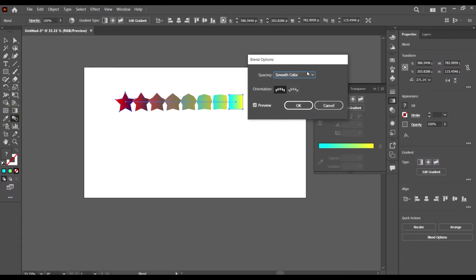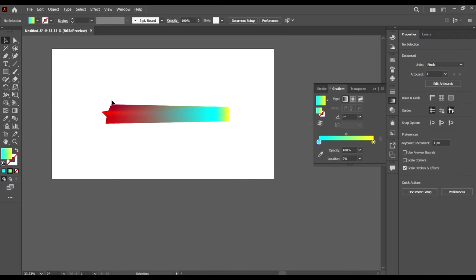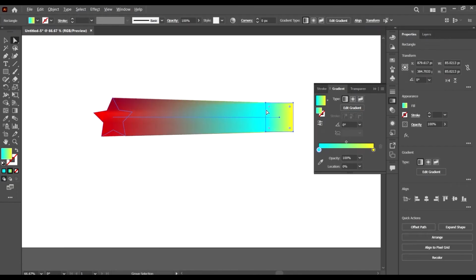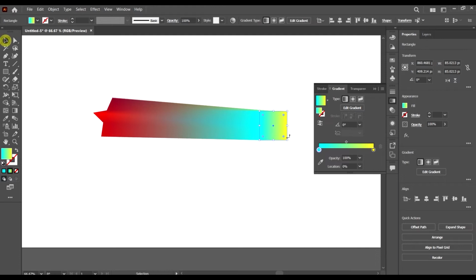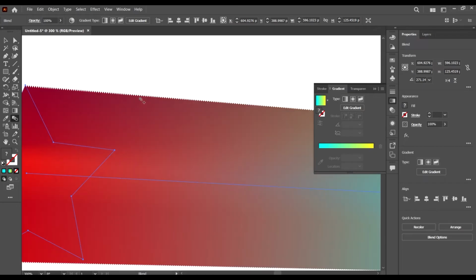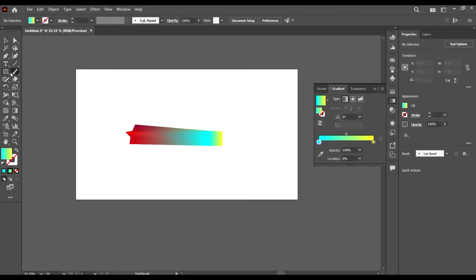So let's make the steps even bigger. Let's make them 500. Oh, sorry, let's just make them 200 so we don't stress our computer. Yeah, so now you can see the blend. I'm just going to increase my blend to say 350. Okay, we have a smoother blend now, and what I want to do is just take my brush tool and